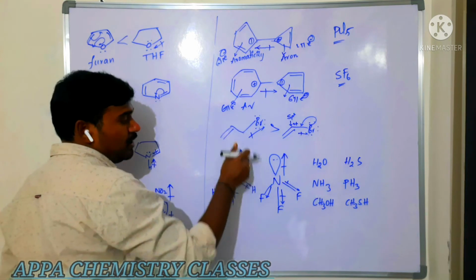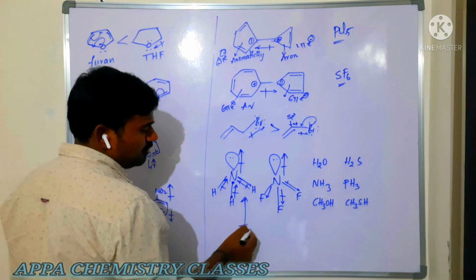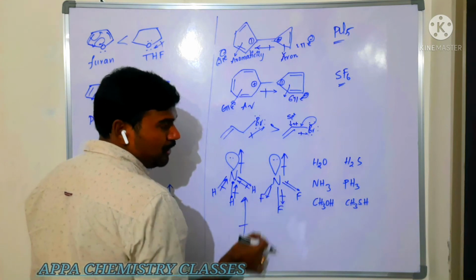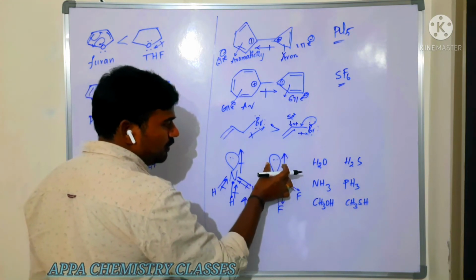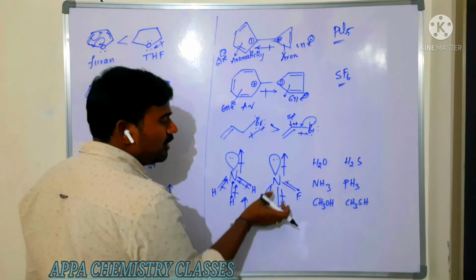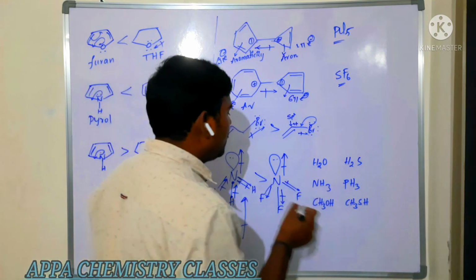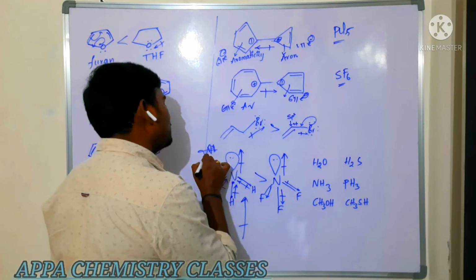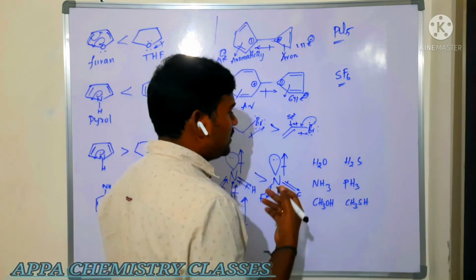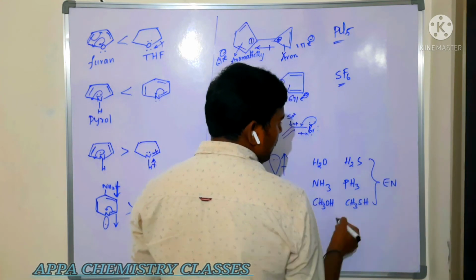The electron moment will be in the upward direction, and the resultant moment will be larger here. But the moment of the lone pair is cancelled by the bond pair of electrons in the case of nitrogen trifluoride. Some cancellation is there. So for that reason ammonia has more dipole moment than nitrogen trifluoride, which is very important for CBSE. In CBSE it is asked many times, and also at the MSET level many times.